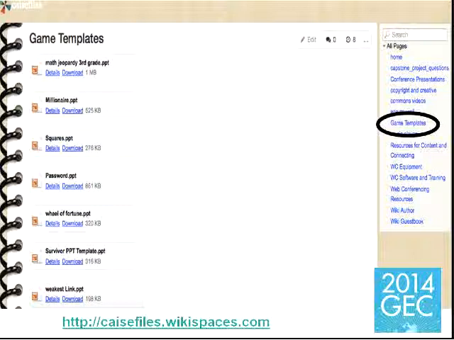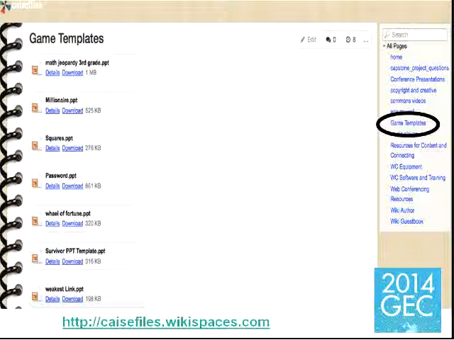But this is the page that I was referring to where you can download the different templates and start out very small with gamification, very low tech, and then get your feet wet slowly and grow and develop your skills. And you can also do this in a web conference or part of your mystery adventure quest, and download these different PowerPoint presentations, change the questions and the answers to fit whatever you're working with. And all of these are free. You're welcome to download them all and use them all.